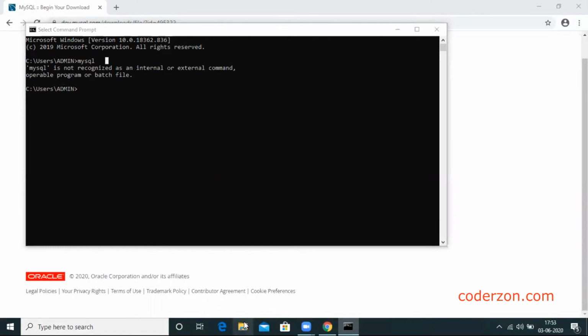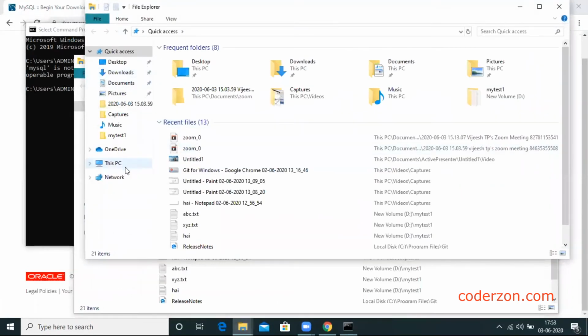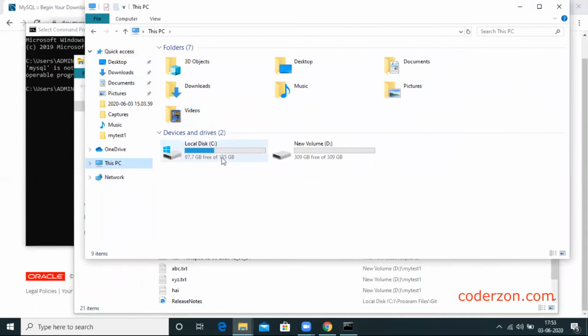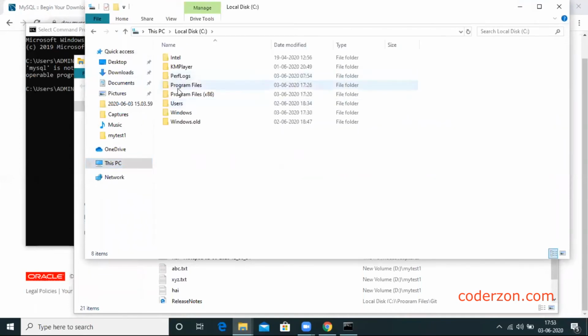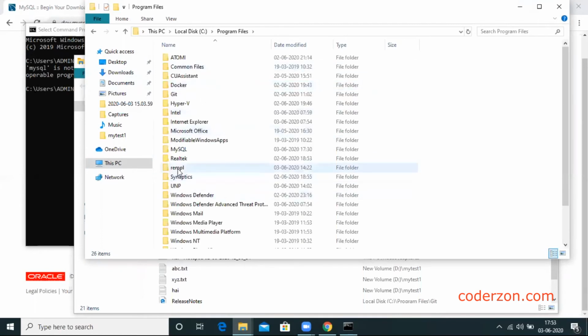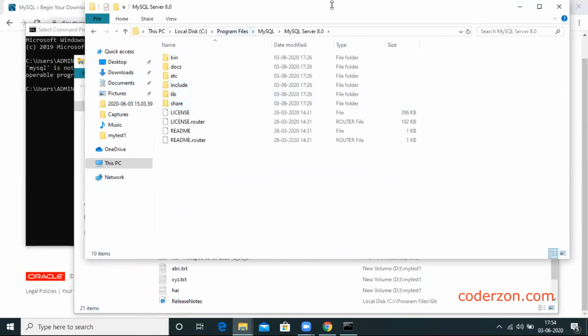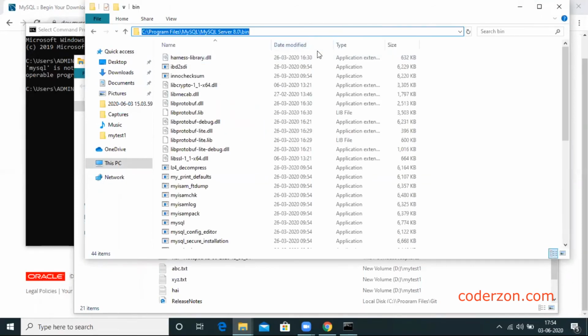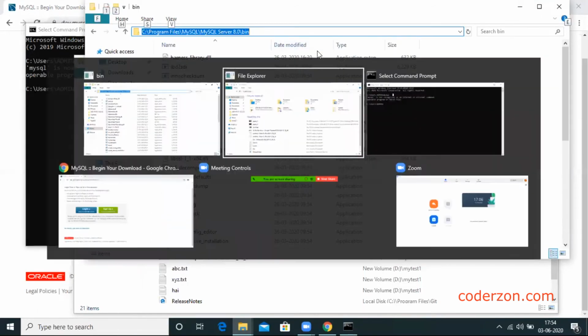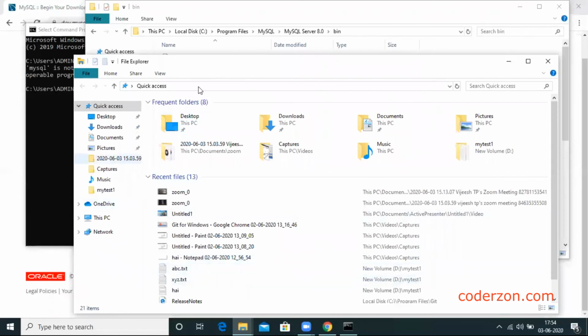I have installed MySQL in this PC, C drive, program files, MySQL, MySQL server, and here you can see the bin folder. And I'm just copying this particular path and setting this path in the environment variables of my computer. For doing that,